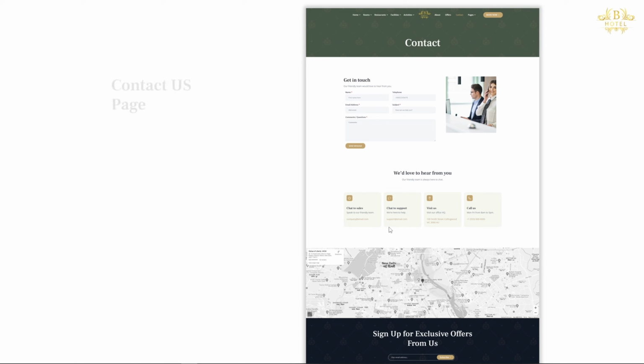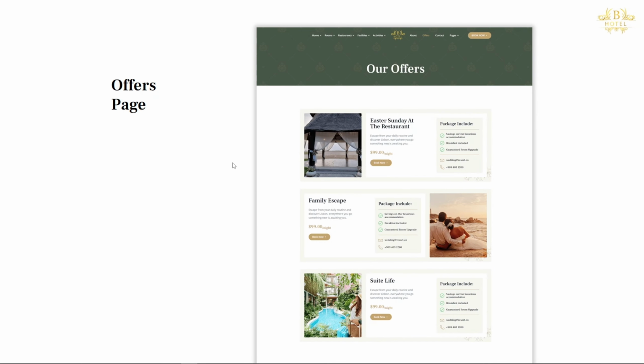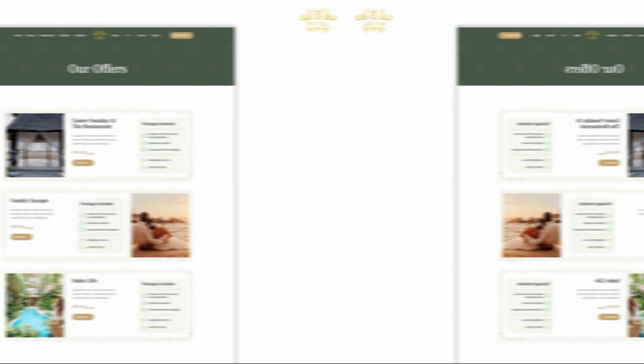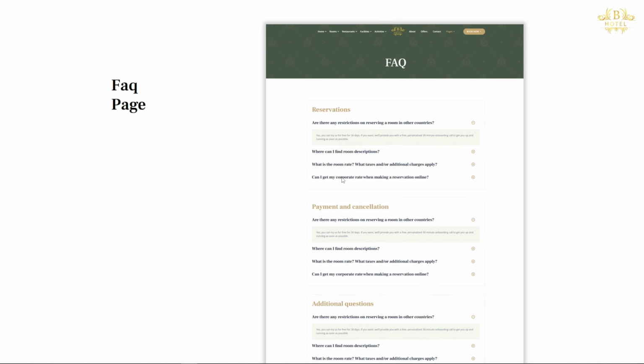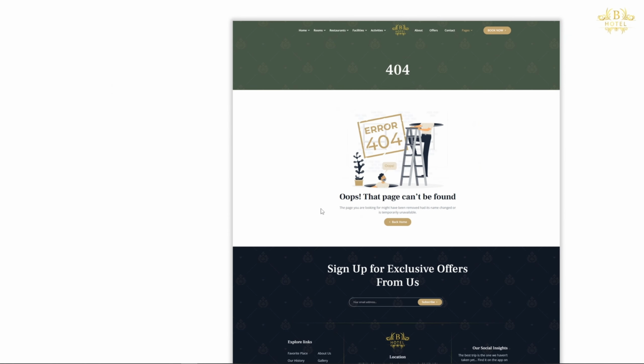This is the contact page template. You can add more form fields if you want, and also customize these blocks. It's the offer page. Here you can display all the current offers for your customers. And this page can be used to share news and updates with your guests. If you want to have a frequently asked question page, then this template can be used for some commonly asked questions and answers. This is the 404 page,